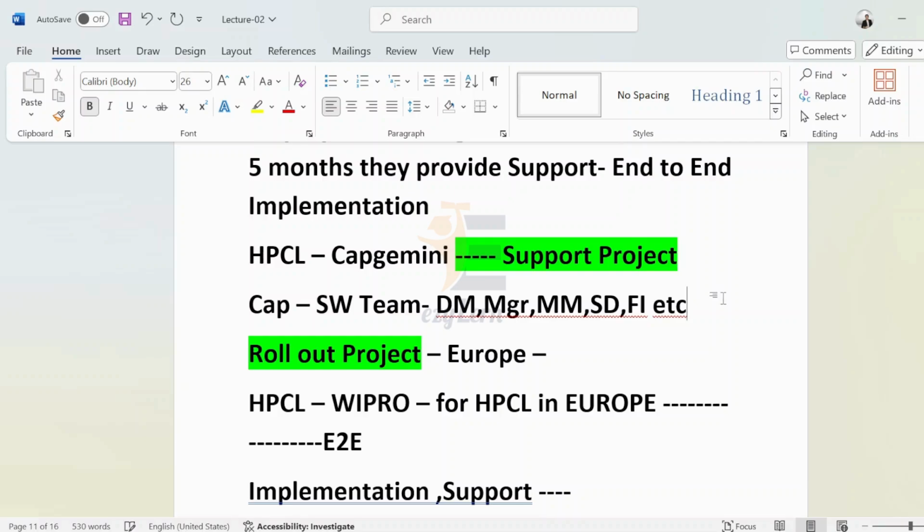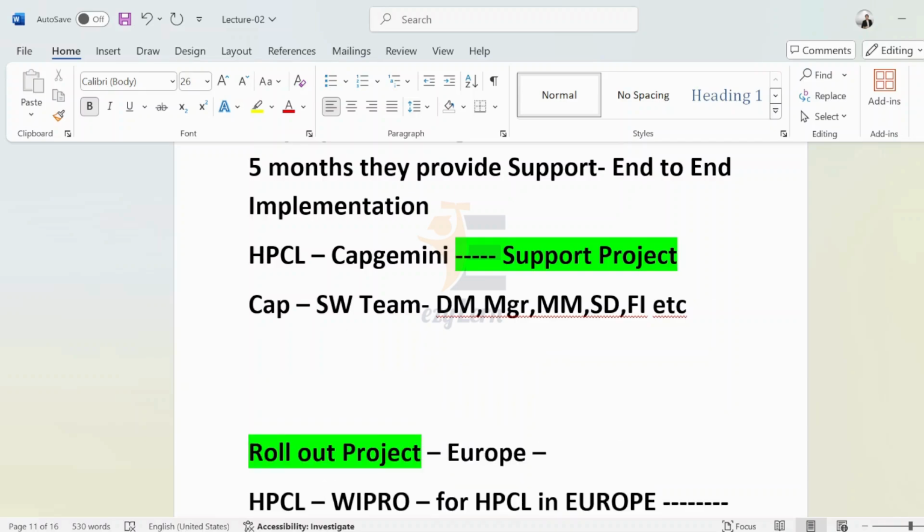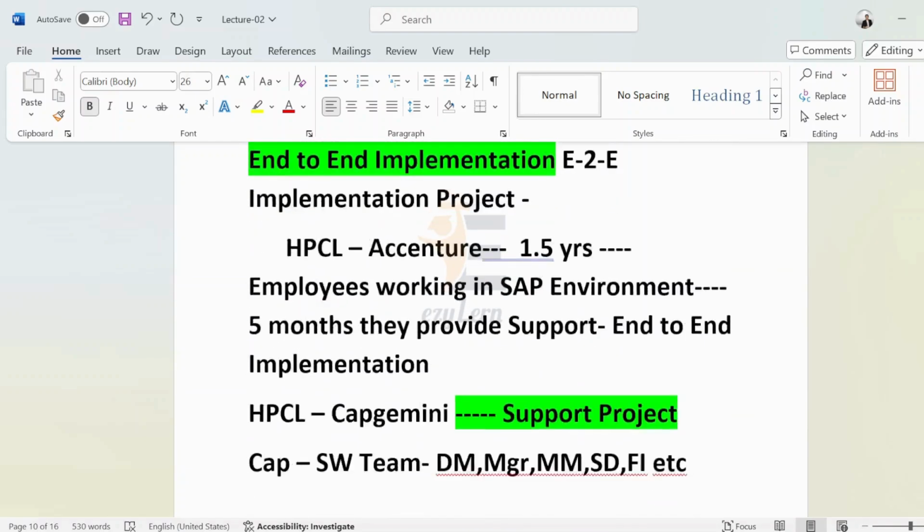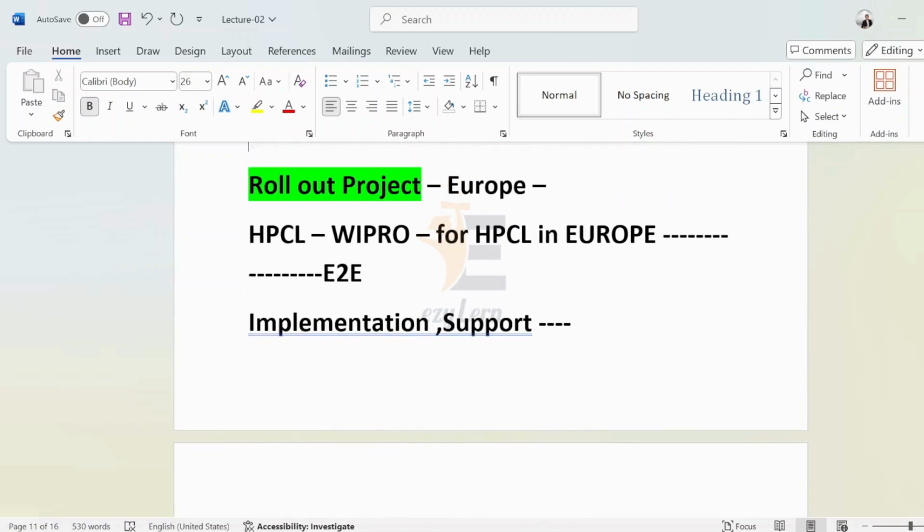Now we will discuss what a rollout project is. So what's a rollout project? Let's suppose we are talking about Balco, which has a plant in India, and also has a plant in another country, doing the same business, like in European countries.